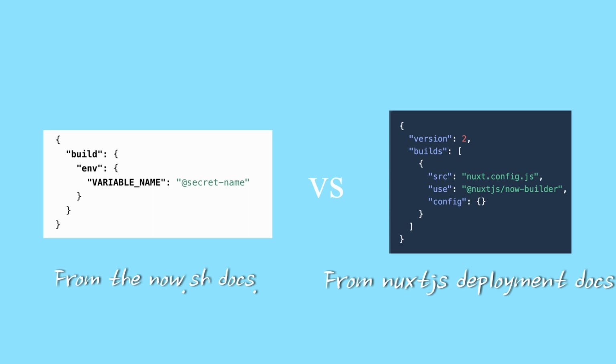So I did that. I went to the now.json and the examples kind of didn't match. The examples in the whole Zeit world said that I needed to have a build object. But the code that I had copy pasted from Nuxt documentation had this builds kind of array. I did not find any good schema of how now.json should look, so I was very much confused at this point where to add. So in the end I figured that I'll add a new build object onto now.json and add all my environment variables there.